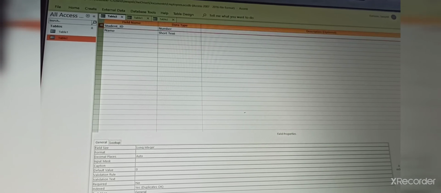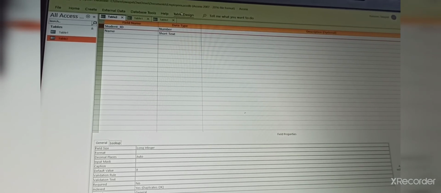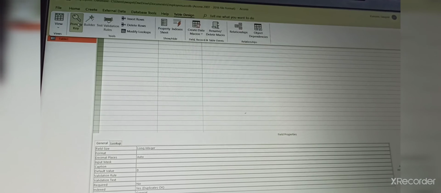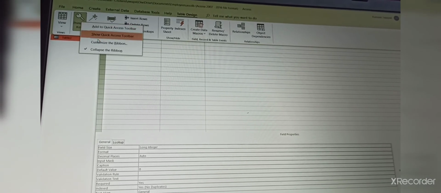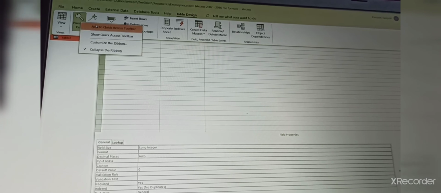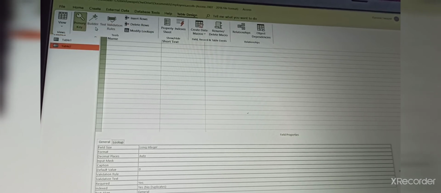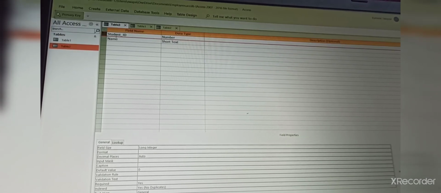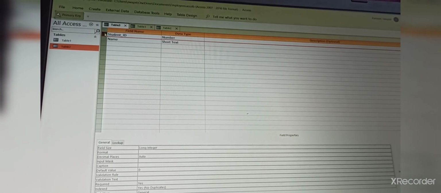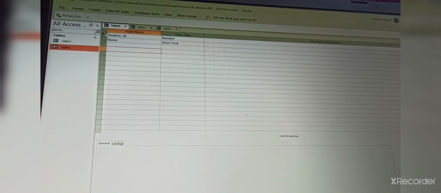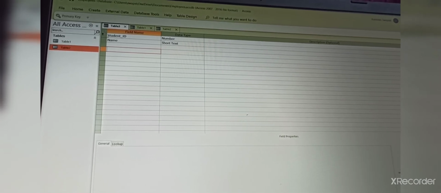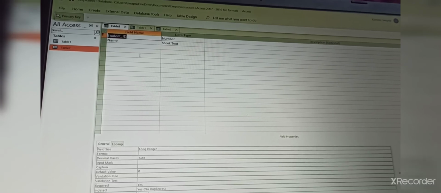So we can give the primary key to student here. You can see here something appears, some keys appear here, a black one type. So we have given the student ID as a primary key.